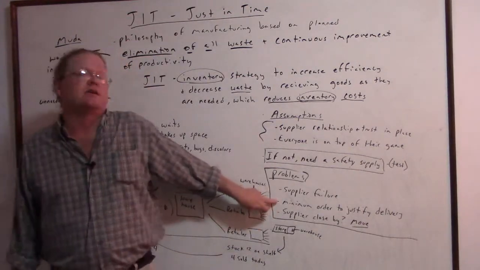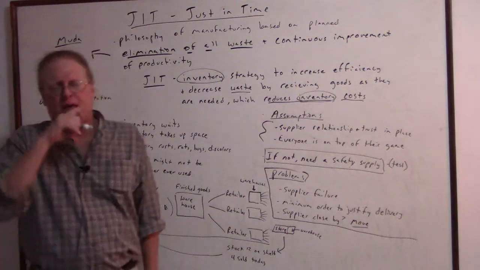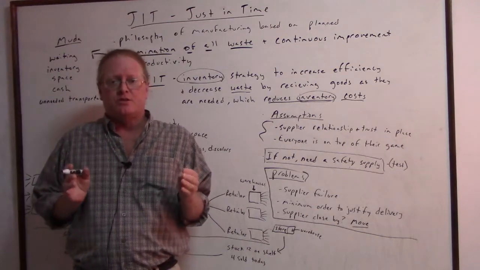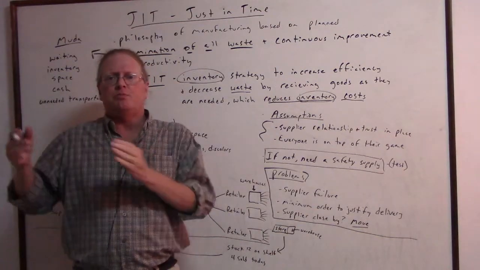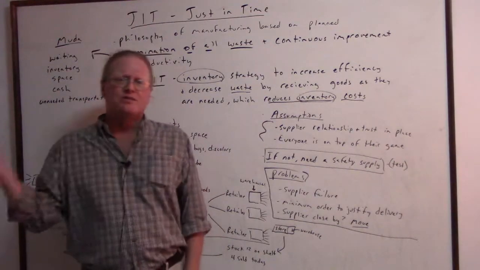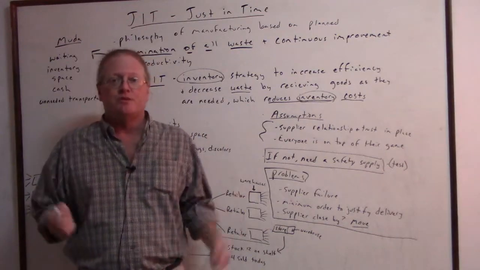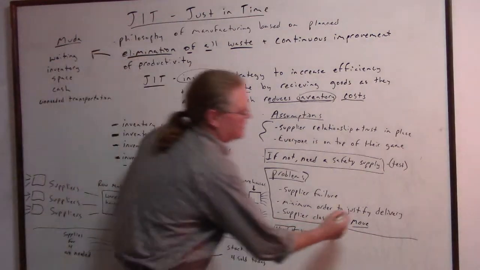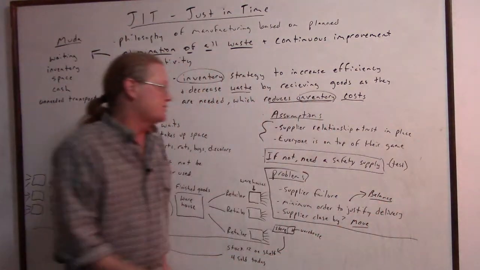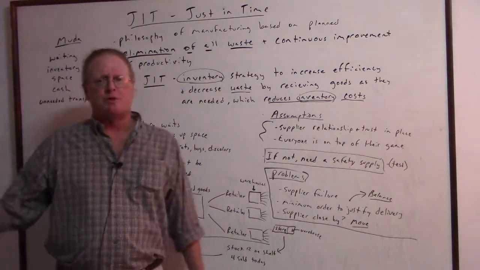Now, another question that comes up is minimum order to justify delivery. Instead of bringing a full truckload of supplies into the company, it would be a partial truckload, and then you have to ask yourself, isn't that waste of motion going back and forth with 5 of something when you could have brought 50 to begin with? So here we have to balance and come up with a justification for such a small order, because that would be wasted gas.